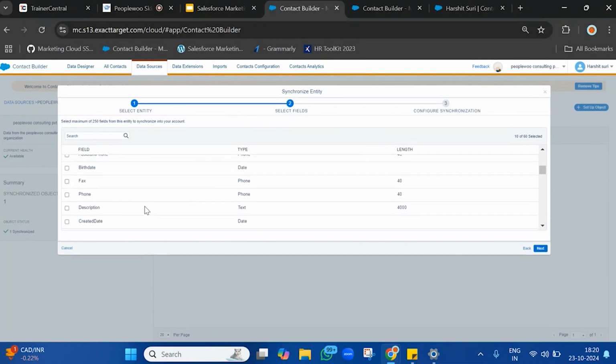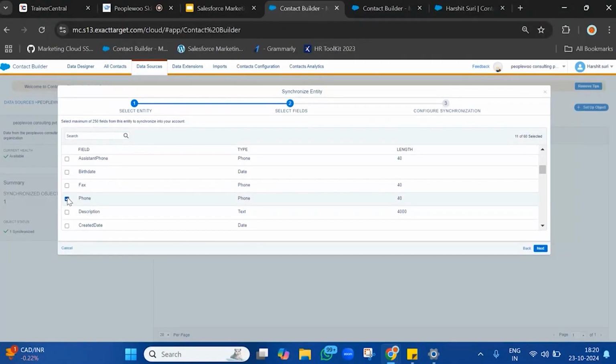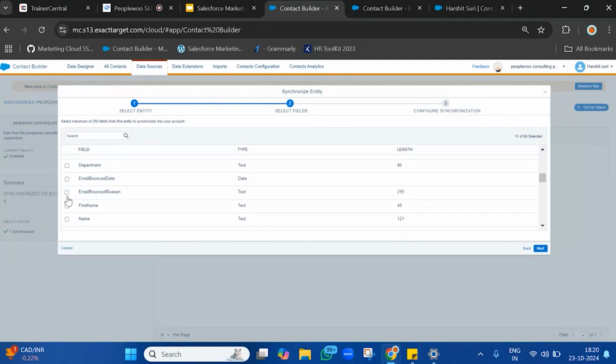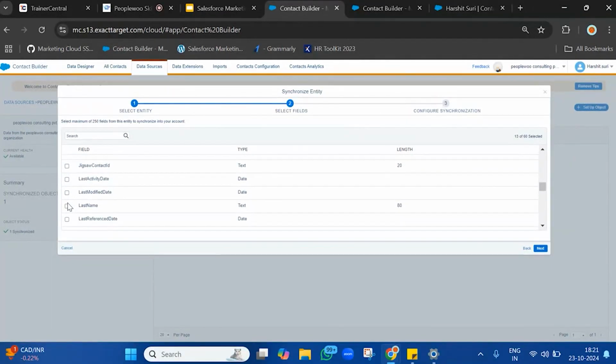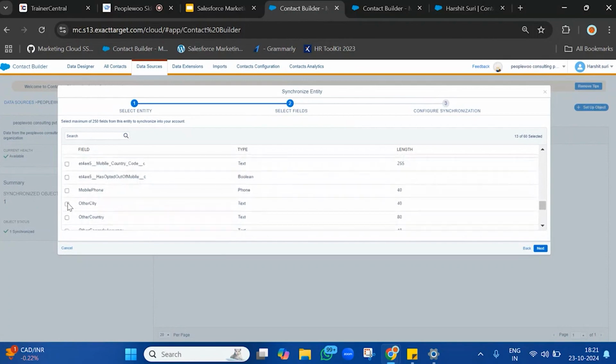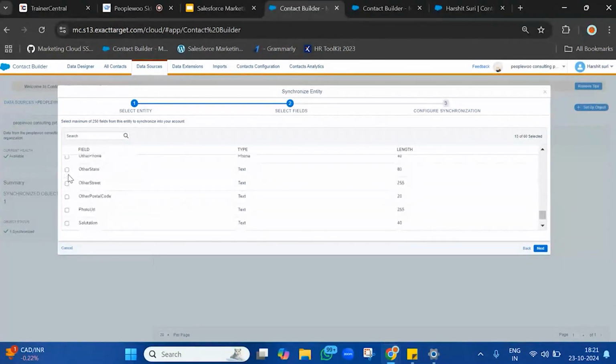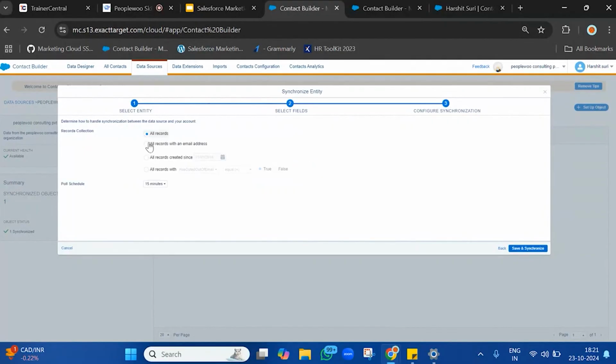You can select what all fields you want, like phone number I want, first name I want, click on next, apply filter, give all those contacts which has email address, keep poll schedule time as 15 minutes,